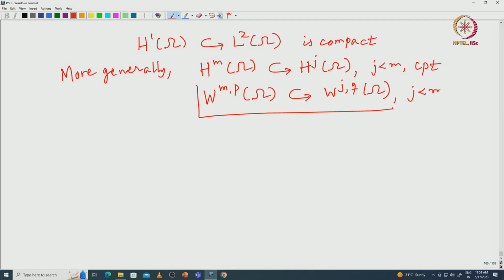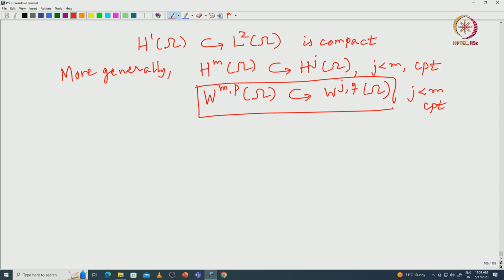That is one condition, but then there are conditions on p and q. So, still you have compact embeddings here. These are all important when we study PDE